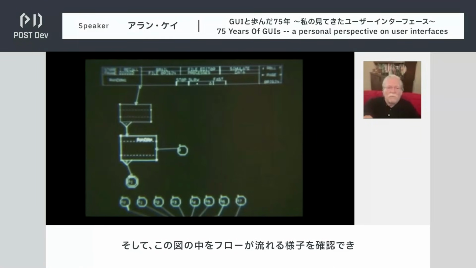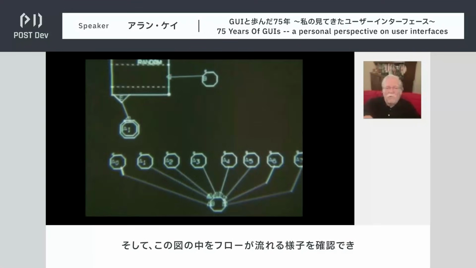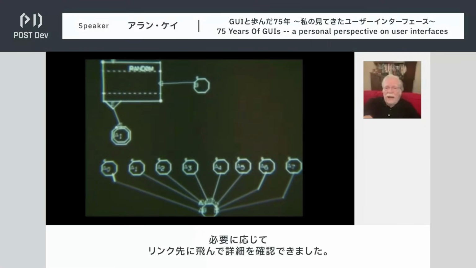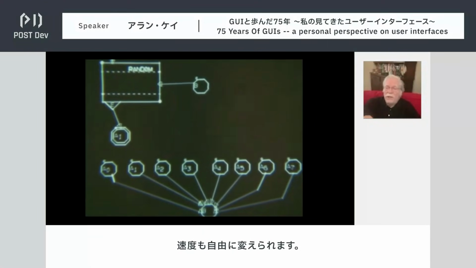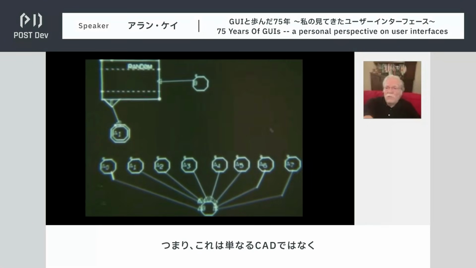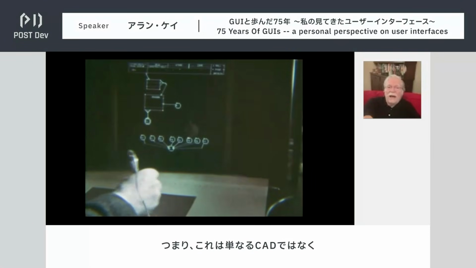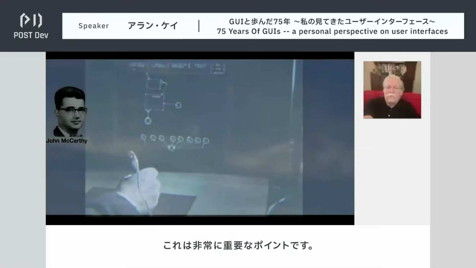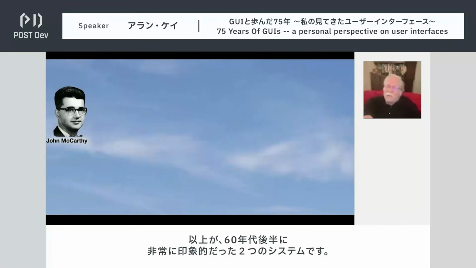And so we can see the flow going through the diagrams, and you can follow the hyperlinks dynamically as it went through at any speed. So this is also not just a CAD idea, but a CAD sim idea, which is absolutely critical. Okay, so those are two systems that were very impressive in the late 60s.